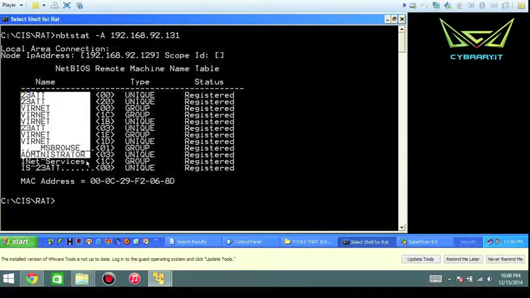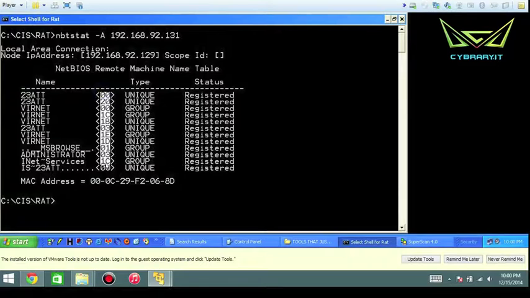It has the specific names in here. These two binary code identifiers can actually be very significant information. You would want to research these against the Microsoft website and determine the values of them, but these numbers do mean things. The type, whether it's unique or group, the status it's registered in the network, and also the MAC address of our target. Now we've seen this reference for MAC address. Several tools have the MAC address of your target. Okay, so that's a basic overview of what you get when you run